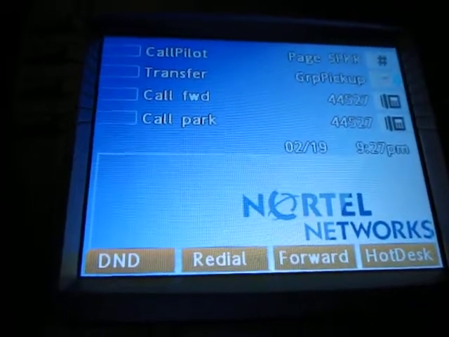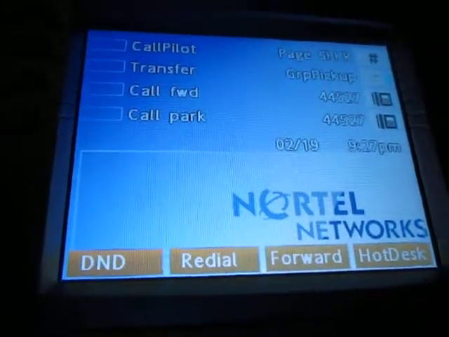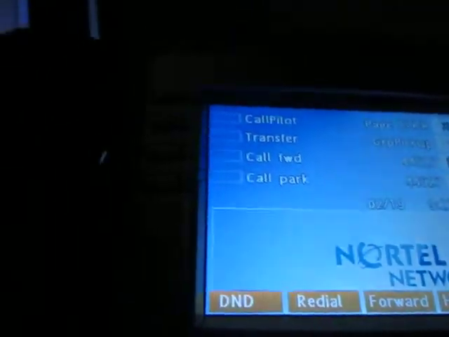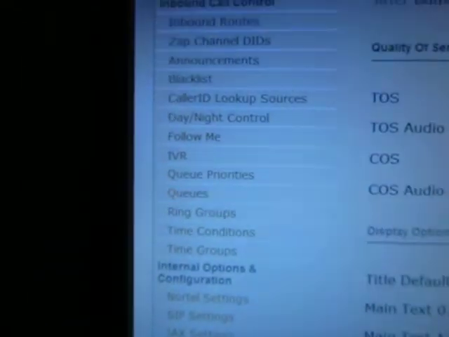On the UCX, you can actually change these soft keys through the user interface, the graphical user interface. Let's go to Nortel settings, and let's click down here at the bottom where it says feature key mode. Right now I have it disabled. If you click enabled and then go to submit changes,